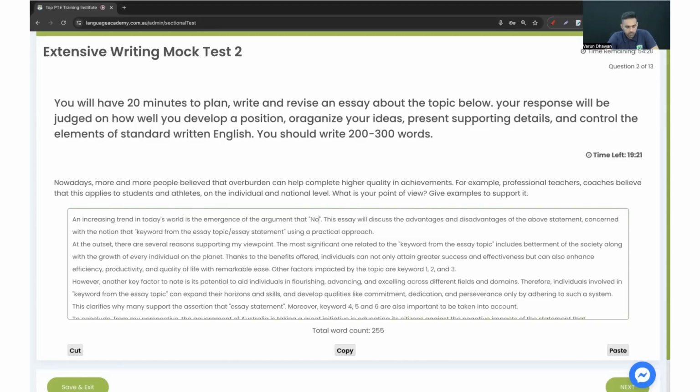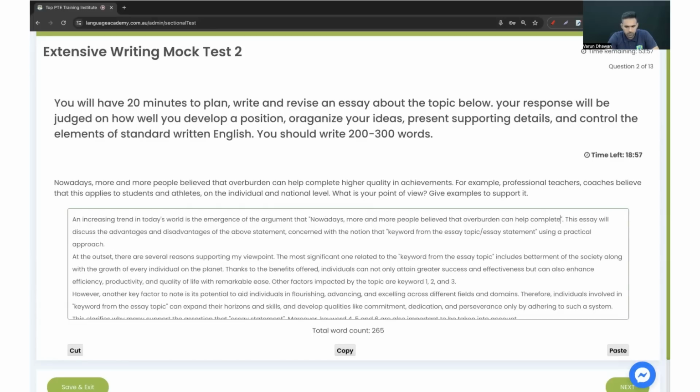That nowadays, more and more people believed that overburden can help complete higher quality in